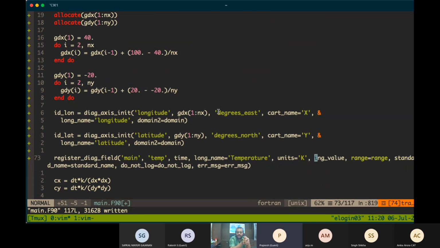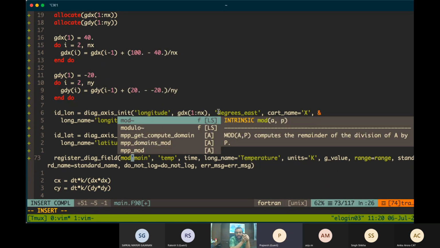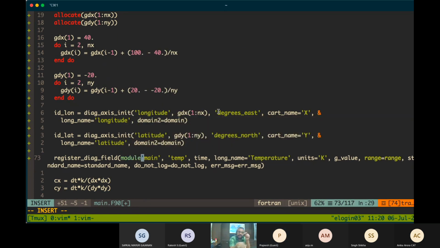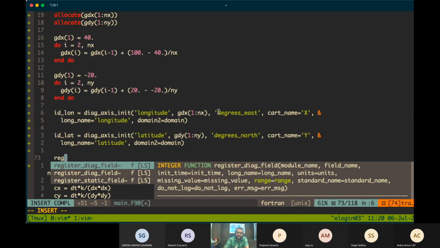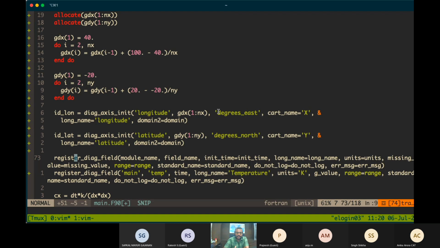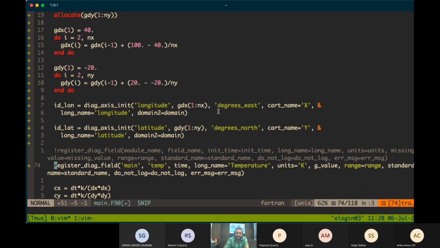In this code, just above this line, can you keep the complete syntax of it so we know what is main, what is temp, because for main and temp there is no title. Not here, perhaps in a line above, commented, so we know. Yeah, the entire thing. Module name, field name.